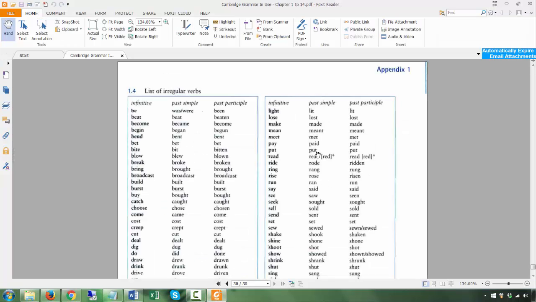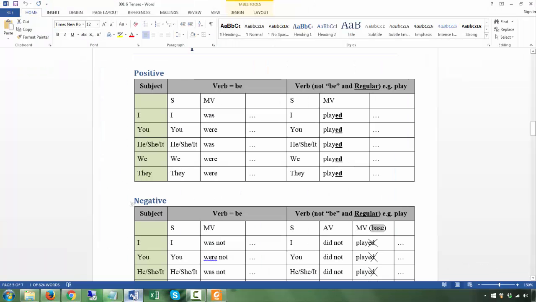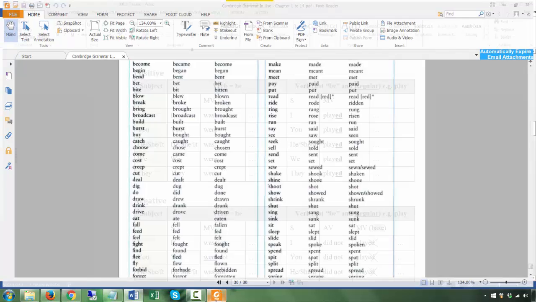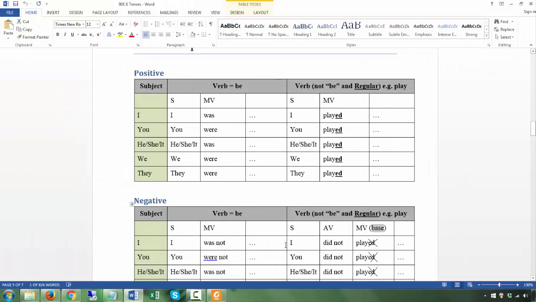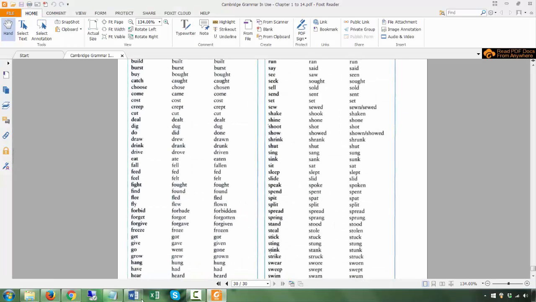Past simple, and most of you probably already know, because you've used these words in the past simple a lot of times. So that's it. If it's regular, you put ED. If it's irregular, you have to come to this list. But what about the negative for irregular? You don't care about the ED or whatever it may be. You just put the auxiliary did not, and then you put the base verb. So for example, if you want to use go,